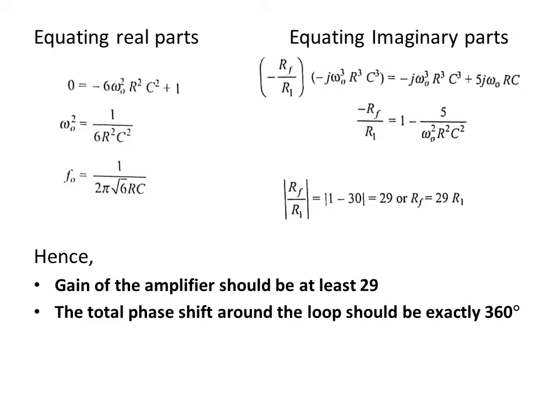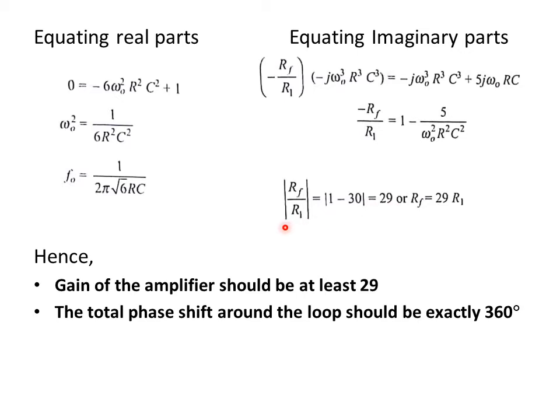So equating the real parts, as we discussed earlier, you will get this expression equal to 0. So omega naught squared is equal to 1 by 6 R squared C squared, and for the frequency of oscillation f naught, you substitute omega equal to 2 pi f naught. Simplifying, you will get f naught equal to 1 by 2 pi square root of 6 into RC. Similarly, when you equate the imaginary parts, you will get minus Rf by R1 equal to 1 minus 5 omega naught squared R squared C squared. Here, in place of omega naught squared, you substitute 1 by 6 R squared C squared. When you take the modulus of this value, you will get Rf by R1